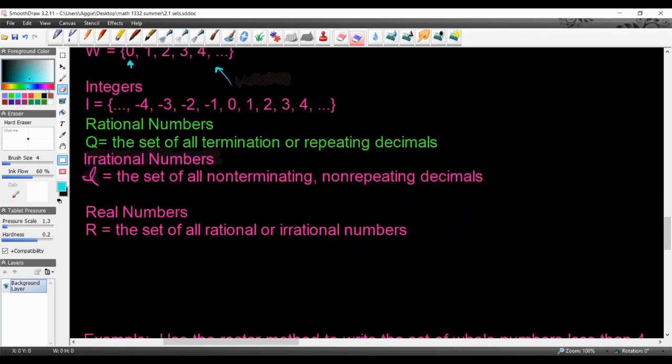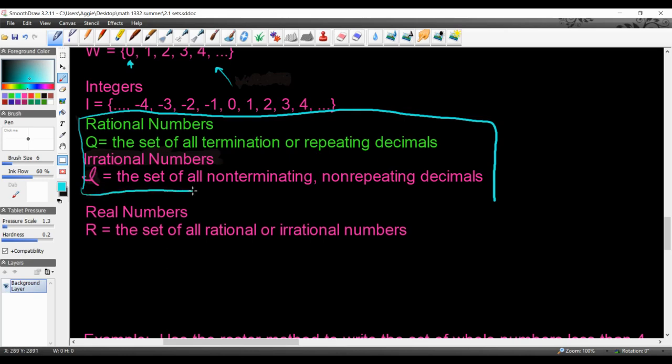So these ones right here, and I'm going to box them up a bit. These two right here, the rationals and the irrationals, are a little bit special because we don't talk about them too much in high school, but they are one of the more basic number sets, okay? So rational numbers are represented by Q, okay? This is the name of the set, Q, and they're the set of all terminating or repeating decimals. I should say terminating, not termination, terminating,